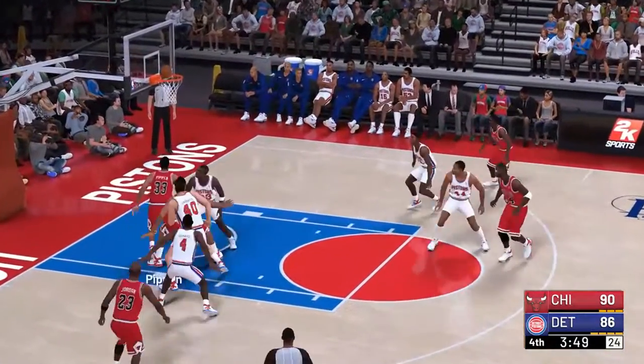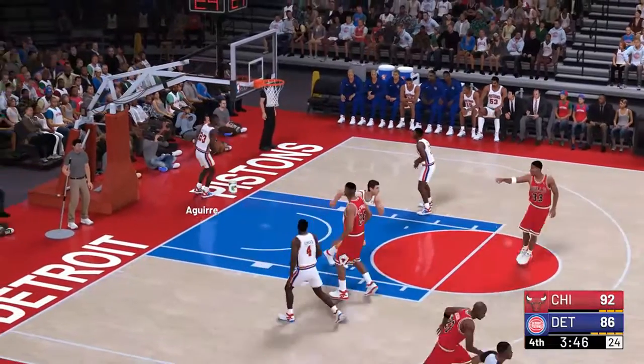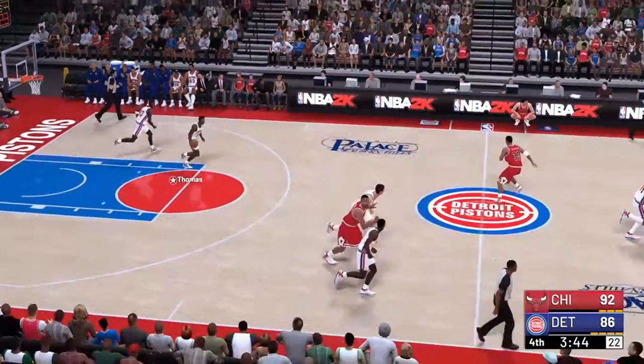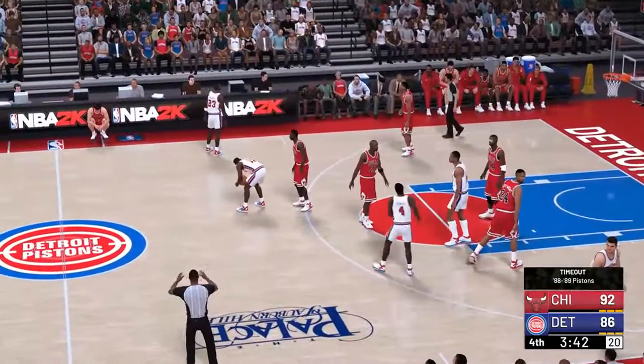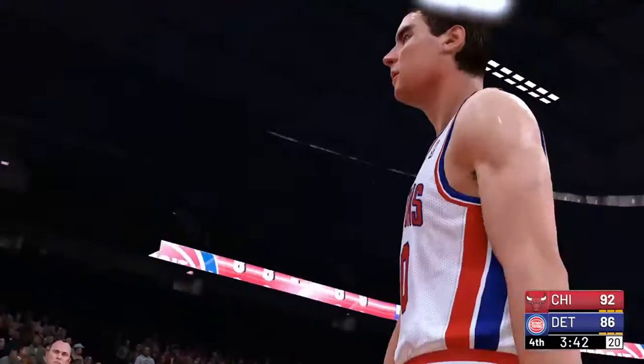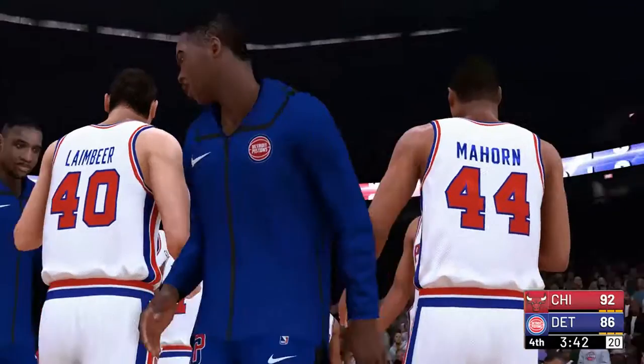In close. In deep. Pippen puts it in. Pippen's got 4 this quarter. How about the passing? They are moving the ball without any thought, without any individual agendas. Now a timeout called by Detroit. And during this timeout, I'm sure they'll be